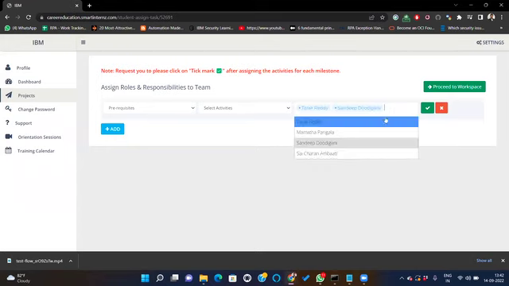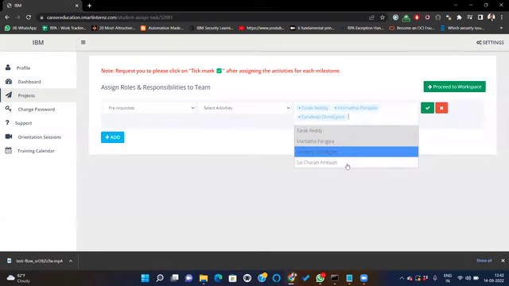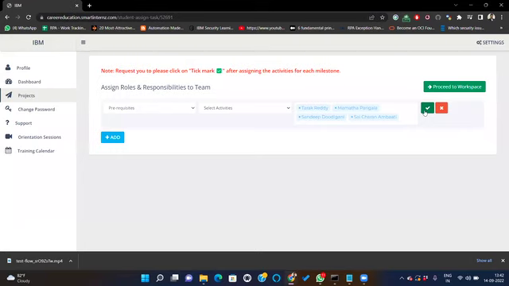It depends on the team. The team leader can split the work as per his own wish. But prerequisites is where every one of my team members should be included, right? That's the reason I've selected their names and clicked on the tick mark.